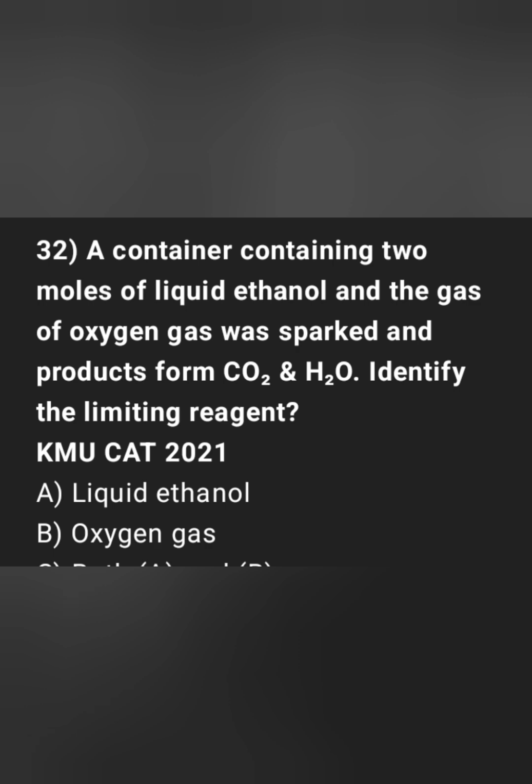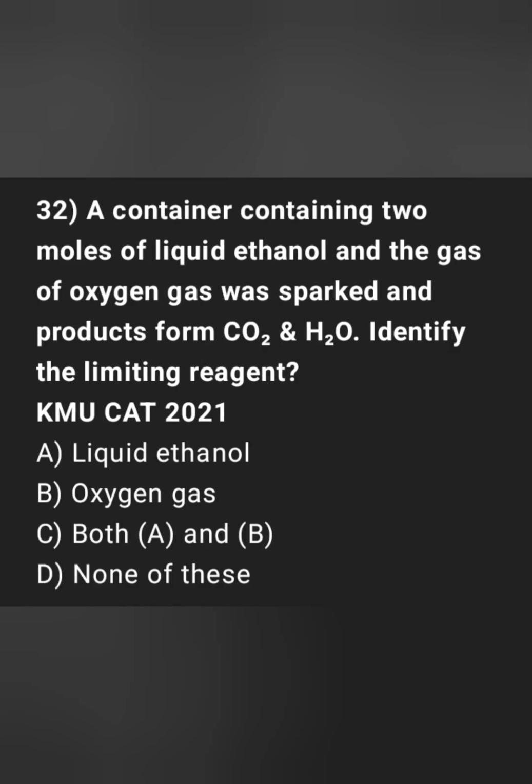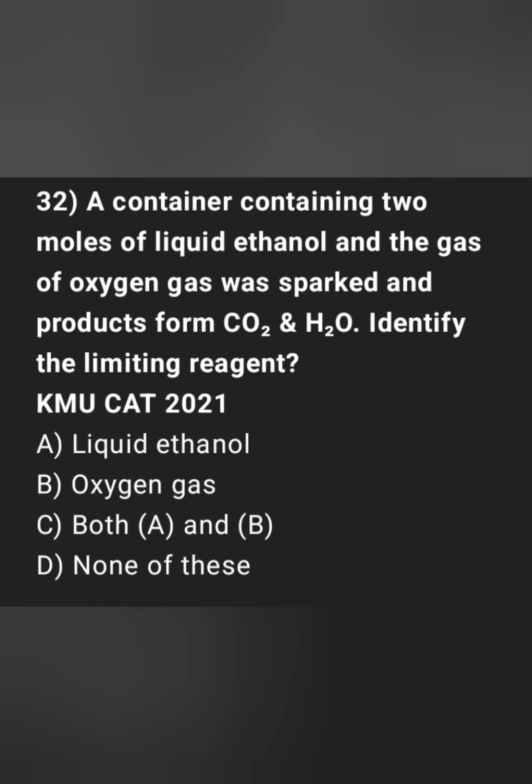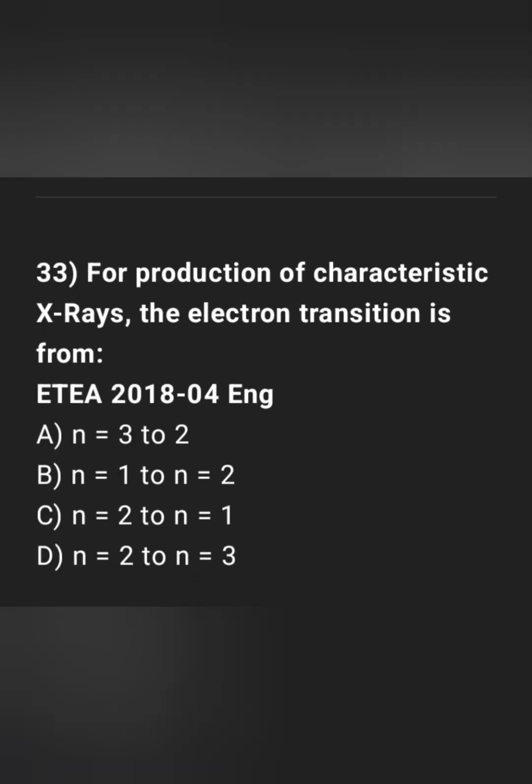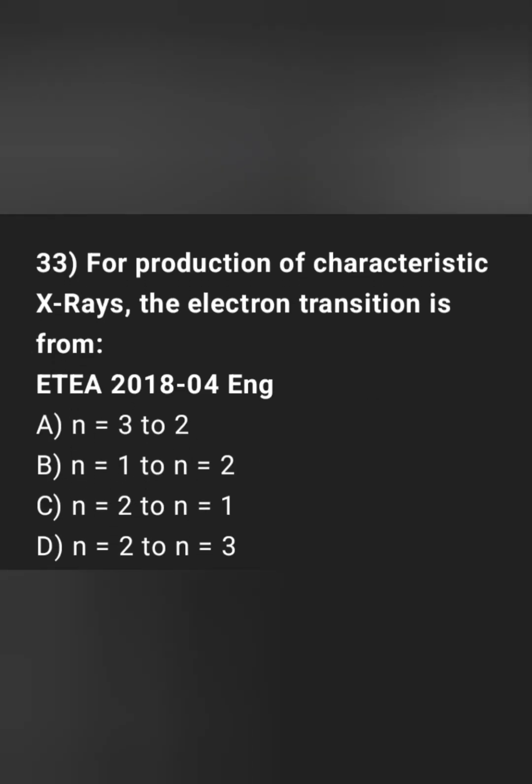32. A container containing 2 moles of liquid ethanol and oxygen gas was sparked and products formed: CO2 and H2O. Identify the limiting reagent, KMU-CAT 2021. A, liquid ethanol, B, oxygen gas, C, both A and B, D, none of these. Answer: B, oxygen gas. 33. For production of characteristic X-rays, the electron transition is from, ETEA 2018: